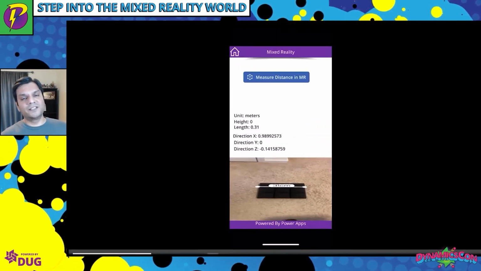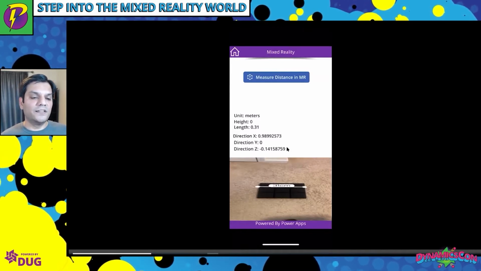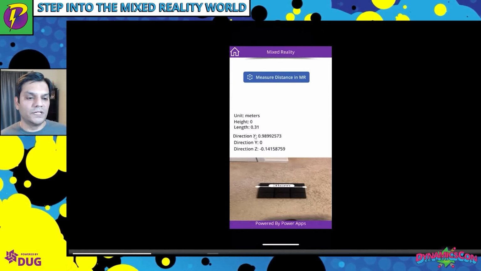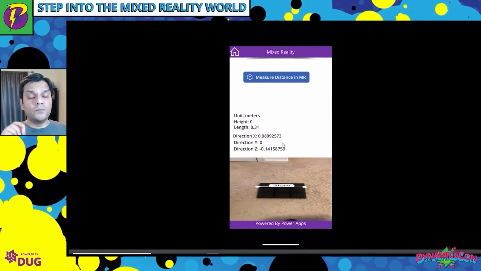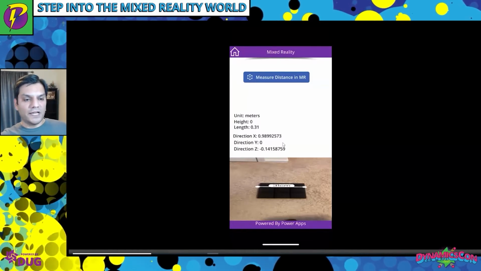Okay, the unit was in meters, but as you can see right here, the image was 31 centimeters. But here's some critical information too. What was the starting point, and how far did you go over here? These coordinates are very important when it comes to measurements, specifically from where you started and where you ended up over here.